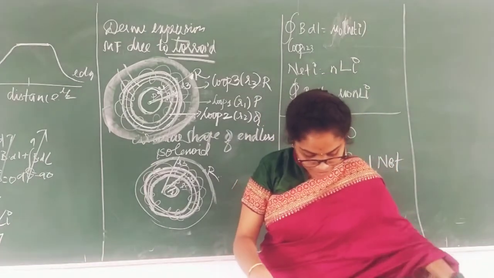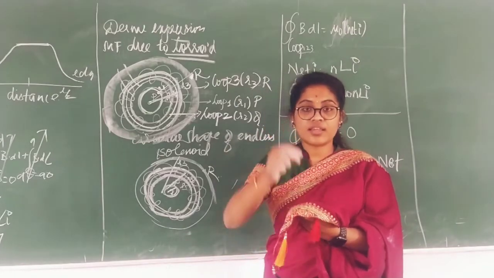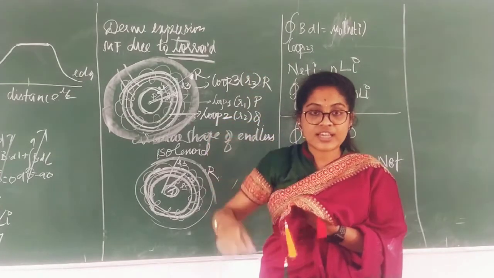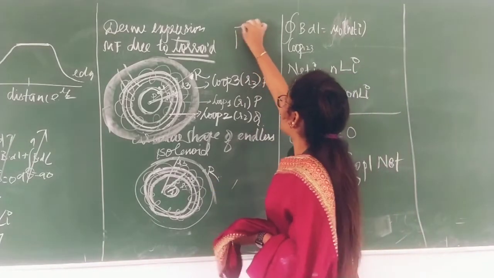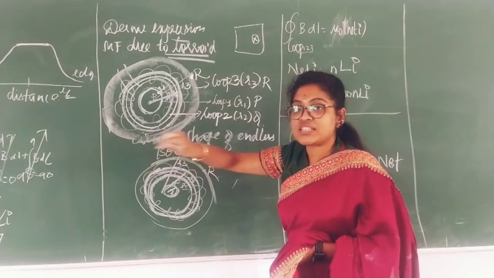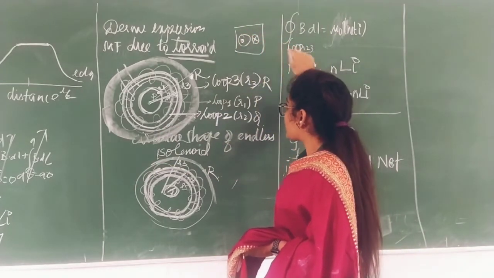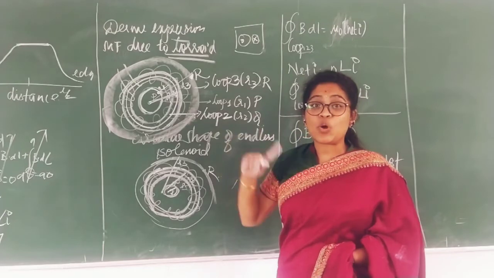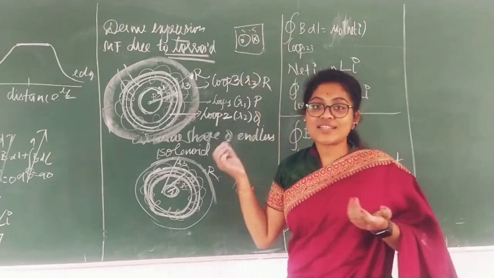Like when you do embroidery work, they keep the needle, take it here, and come. It is entering here, again I want to put inside, it is going. Entering, leaving, both are in the same plane. See here, think this is the plane. Entering means going inside, and here it is coming outside. Here it is going inside, here it is coming out. So what happens to the net current? 0. If it is 5 minus 5, what is the net current? 0.